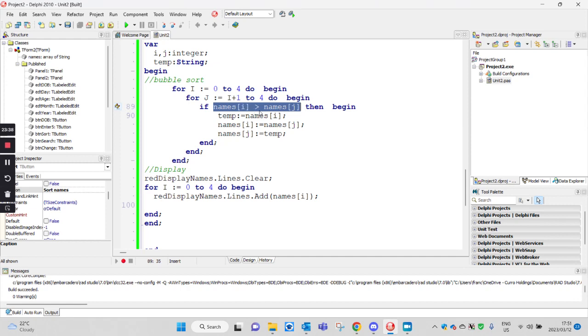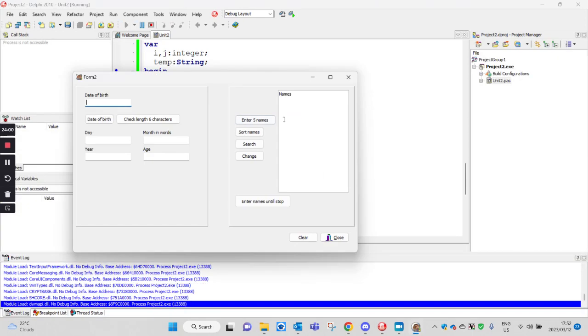So the reason why it worked is that what Delphi, or Pascal, actually does, once we compare names just like that, is it looks at the ASCII value. And the ASCII value for an A is smaller than a B. So it means B will have a bigger value than A. That means swapping them around. And it actually goes character by character. So this will work 100% fine. The only time this doesn't work nicely, because it converts to ASCII values,